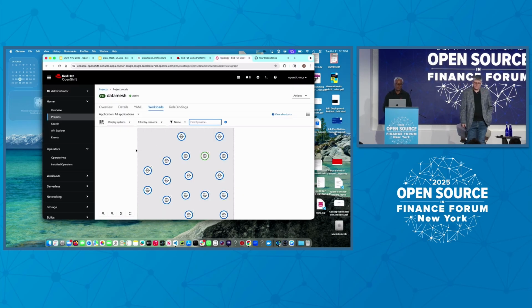Okay. So I deployed the whole data mesh implementation on a Kubernetes platform. This is OpenShift. OpenShift is a Red Hat Kubernetes platform, but it can be deployed to any Kubernetes platform, not only Red Hat. So how do I build it? The whole data platform is deployed through Argo CD. I deployed it through my Helm chart. I have an umbrella Helm chart.